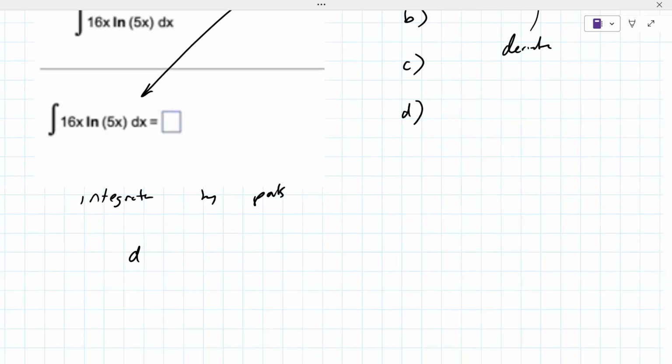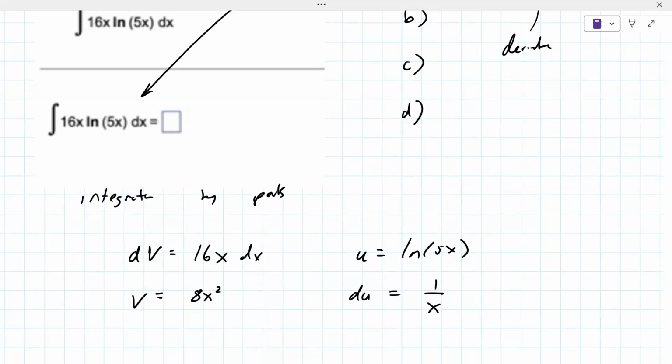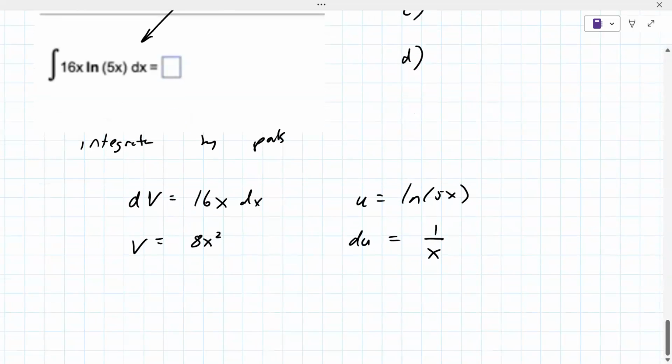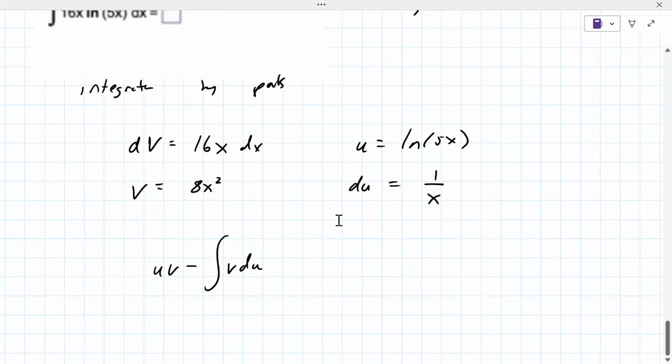So dv is equal to 16x, and u is equal to the natural log of 5x. What you end up having to do here is integrate both sides and then take the derivative of the right side, which becomes 1 over x. And then there's this formula, which says uv minus the integral of v du. So for u, you're just pairing these up. So your u is natural log of 5x, your v is 8x squared,